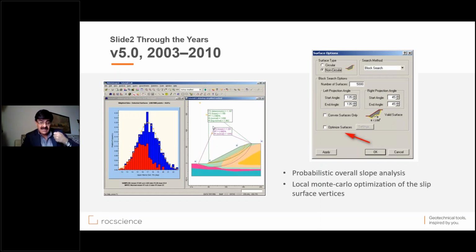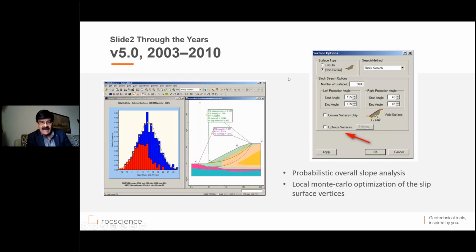So constantly the developers are trying to refine Slide2 so that the user actually finds the lowest factor of safety, which is so crucial for the stability analysis of any slope. And so you need software to do the optimization. So this optimization was introduced, but on a local level. So while this was a step in the right direction, this is not the final aim where the developers wanted to reach. But this was the right step, and the step led to further developments in this,